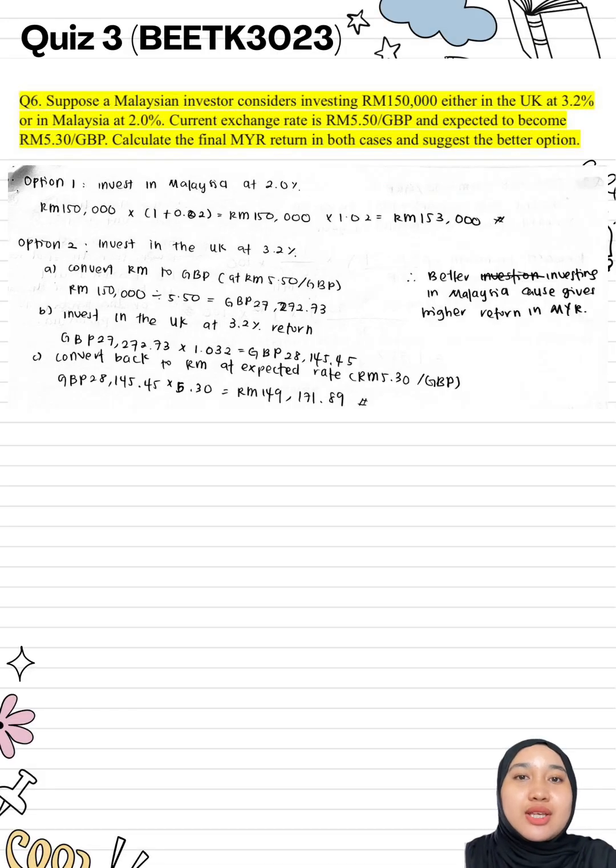Okay, now let's look at the question 6 answer. Option 1, invest locally at 2% return on 150,000 ringgit, will give us 153,000 ringgit. For option 2, we invest in the UK by first converting ringgit to pounds at today's rate of 5 ringgit 50 cent per GBP, and we get GBP 27,272.73. Then we invest it at 3.2% in the UK and we get GBP 28,145.45. Now we convert it back to ringgit using the expected future exchange rate of 5 ringgit 30 cent per GBP and we get